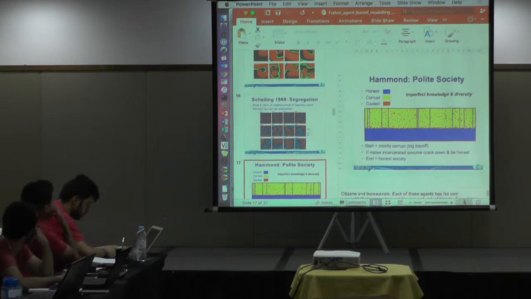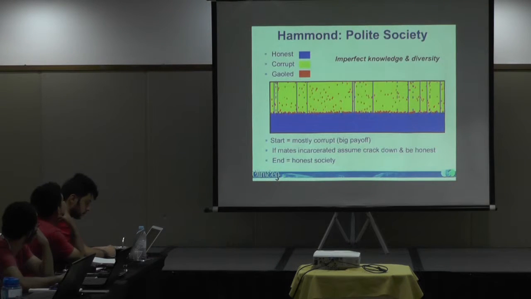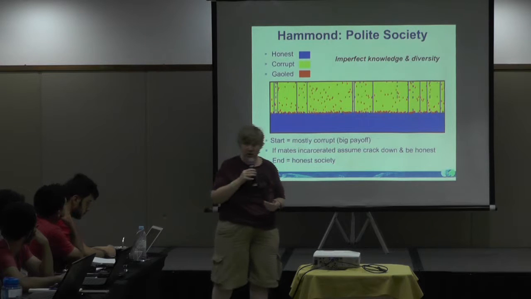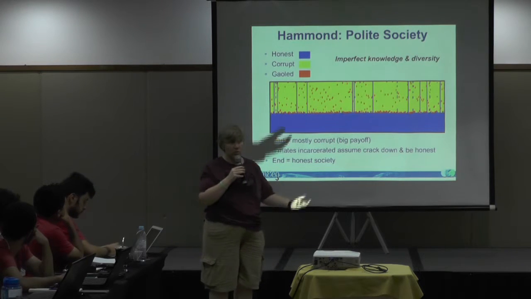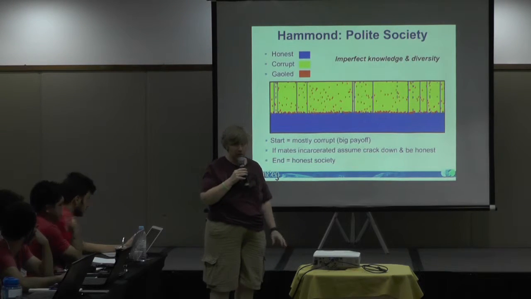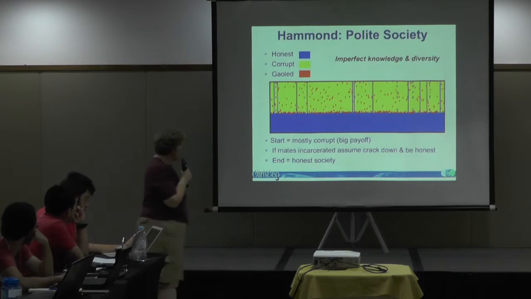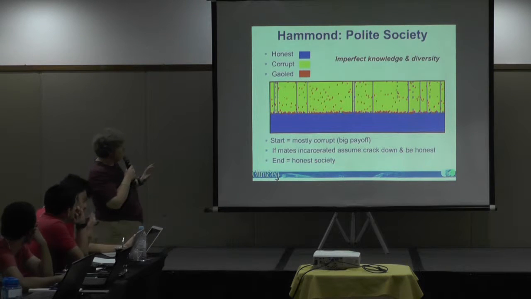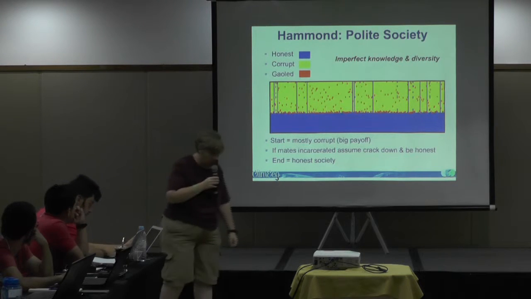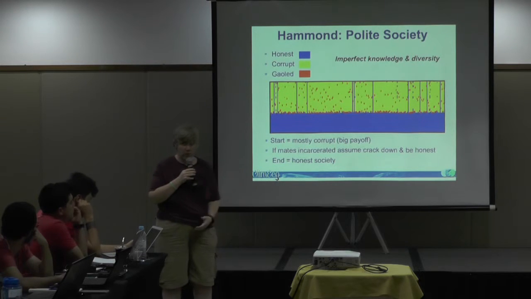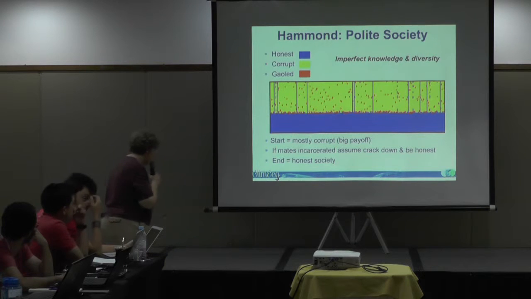Which is exactly what a guy called Hammond started to do in understanding the way that society works. So he took that very simple set of rules and he started to look at corruption. So what produces a polite society? You have people who just want to do their day-to-day things. Occasionally some of that's not completely legal. So how do we get maximisation of people being honest versus corrupt, which is a big issue in some parts of the world? You wanted to know what levels of compliance or enforcement were required before you saw a compliant population.